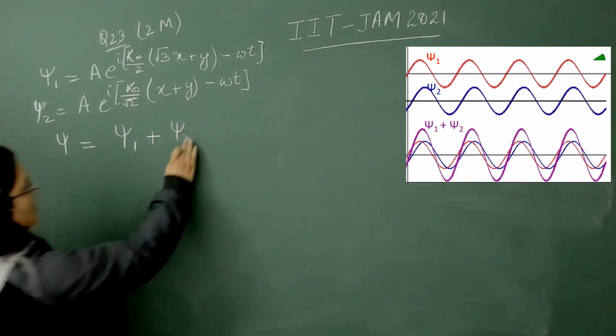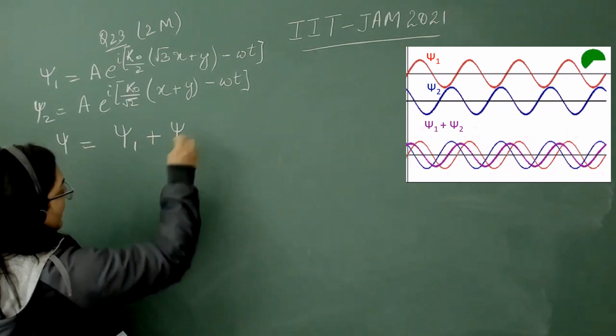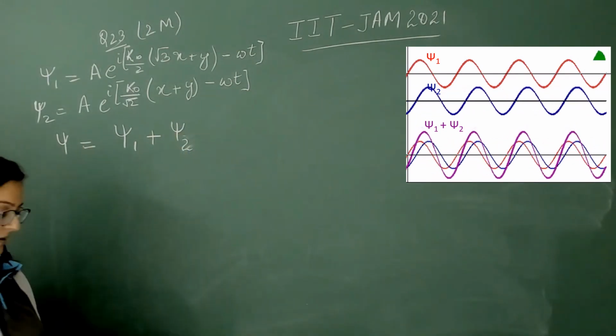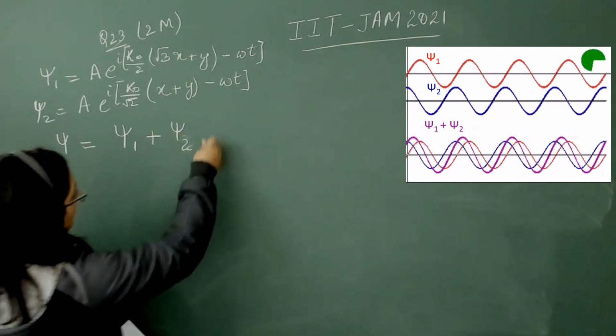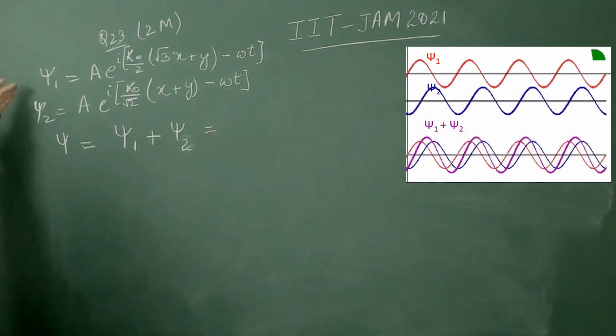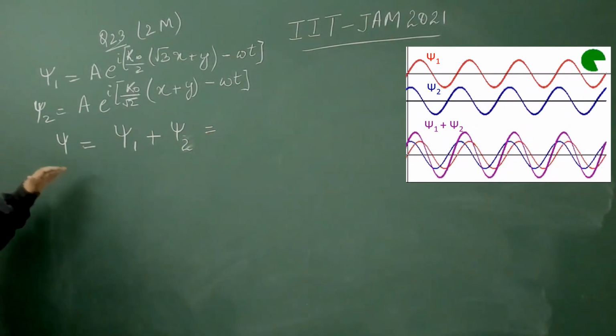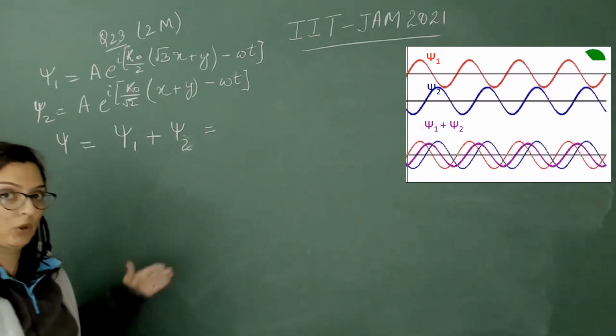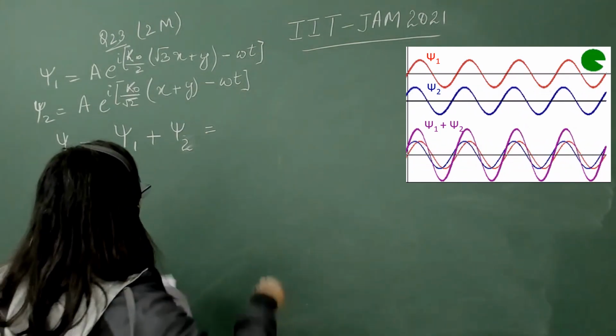Superposition is just the addition of two or more waves. Since these two waves are harmonic in nature, the resultant will also be a harmonic wave, which can be given by